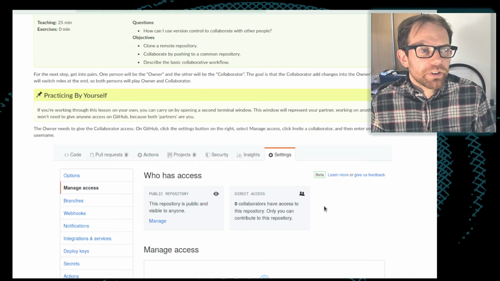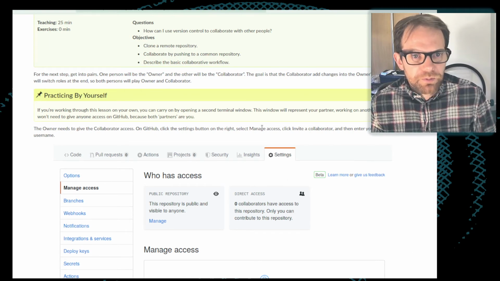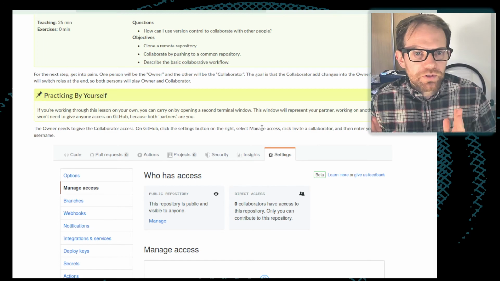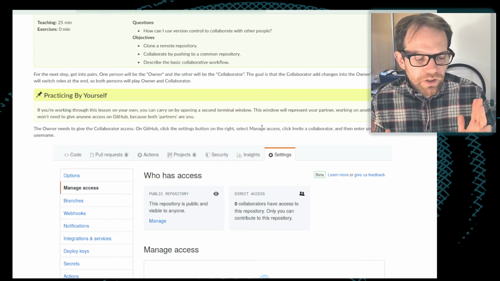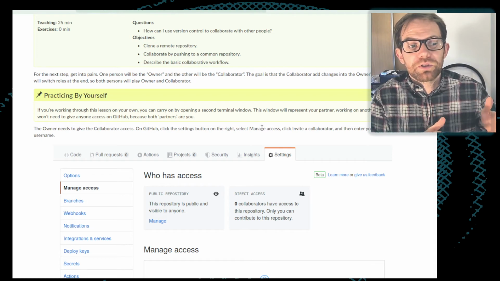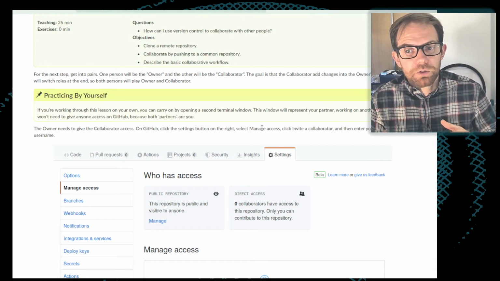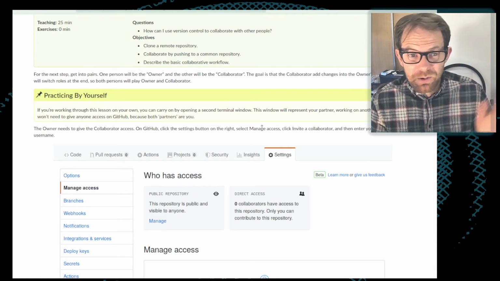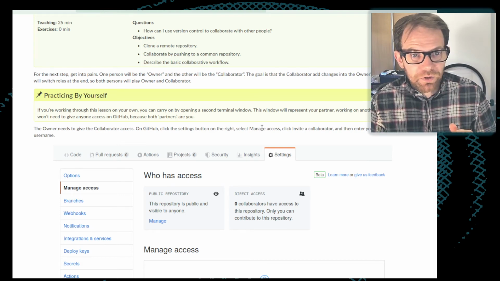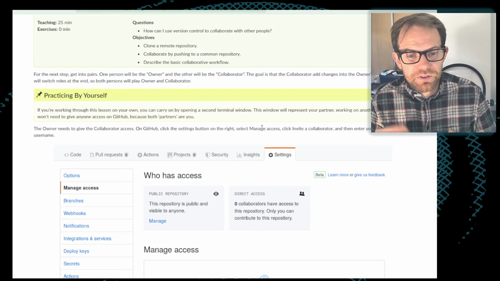And there's a more complicated workflow, which is in practice more frequent, where people make their own copy of the repository, and you, as the principal owner of the repository, pull their changes into your repository, and they send you a request to do that. But we'll start out by looking at the direct model because it's a bit simpler to understand what's going on.